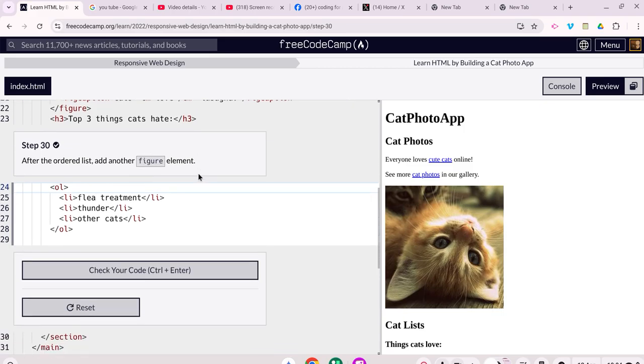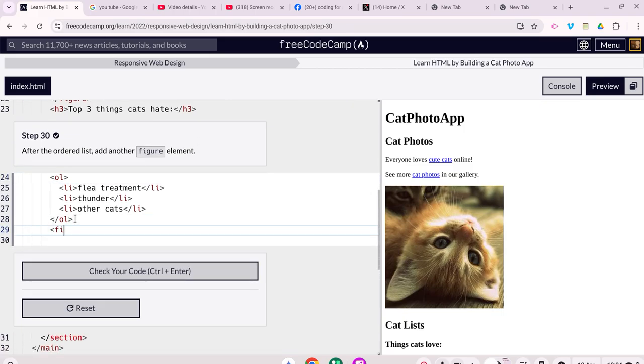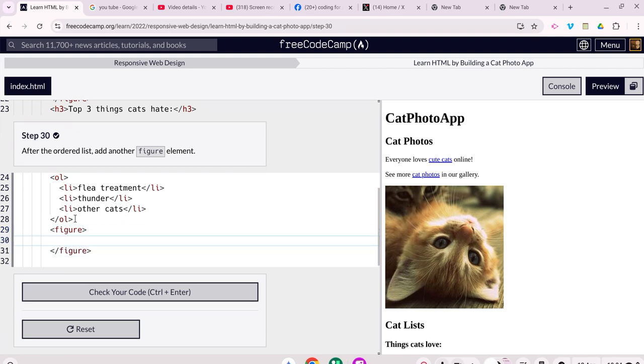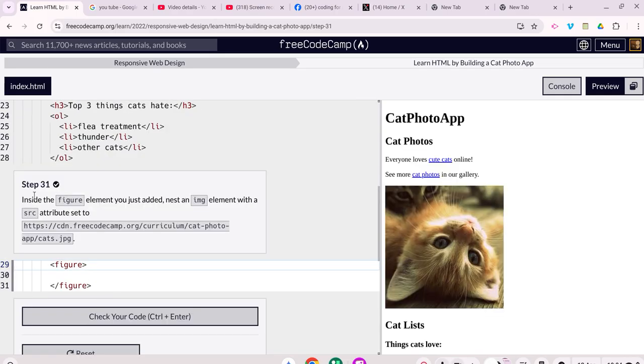After the ordered list, add another figure element. Right, so again, it's a figure tag, a closing figure tag. Just watch your spelling. Right, now figure element, submit and go to the next. Inside the figure element, nest an image element with a src attribute, so a source attribute set to this. So copy and paste, Control C,